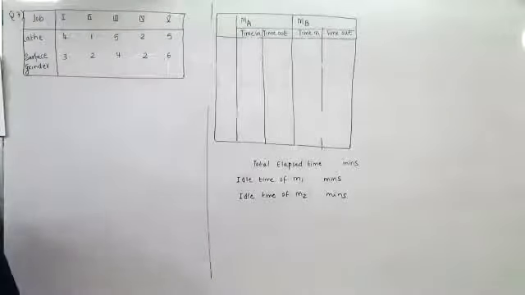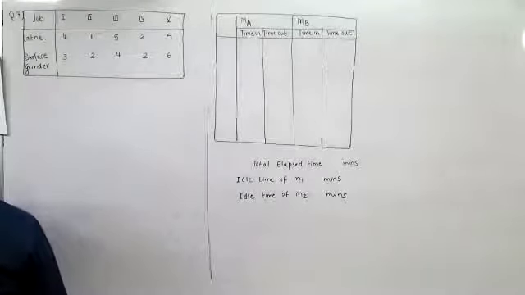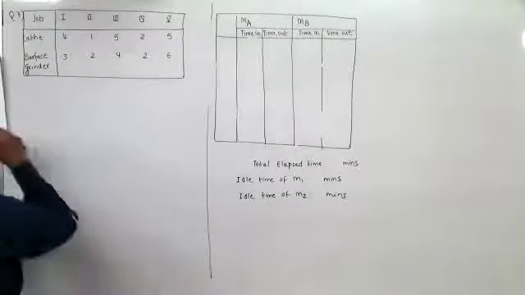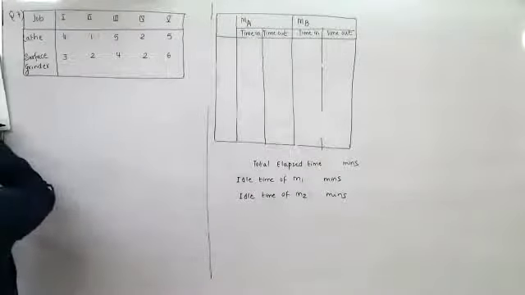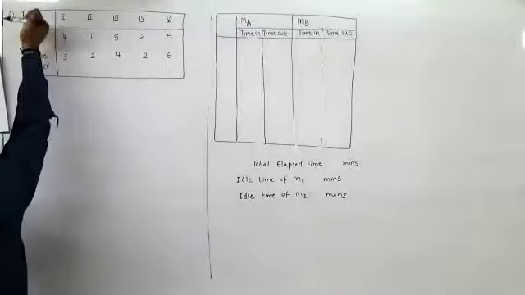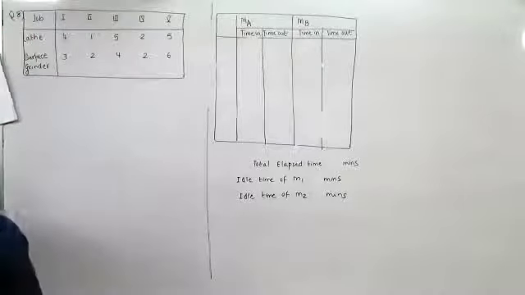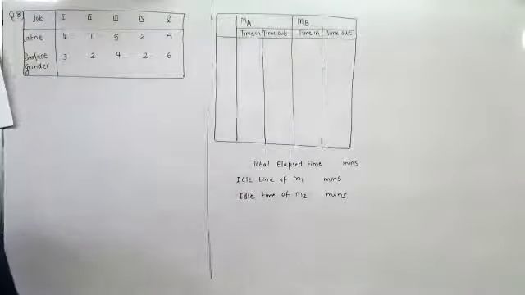Find the optimal sequence that minimizes the total time required. Okay. The eighth one, this is the eighth one. And the seventh one is the above one. Anyway, I have shuffled the order. Now find the optimal sequence.